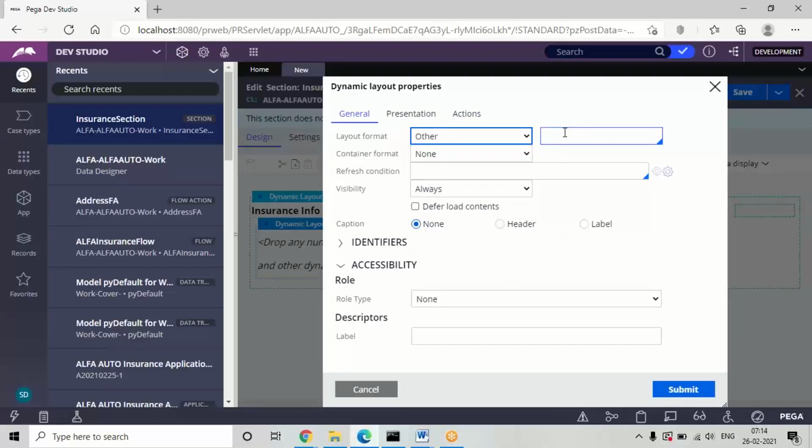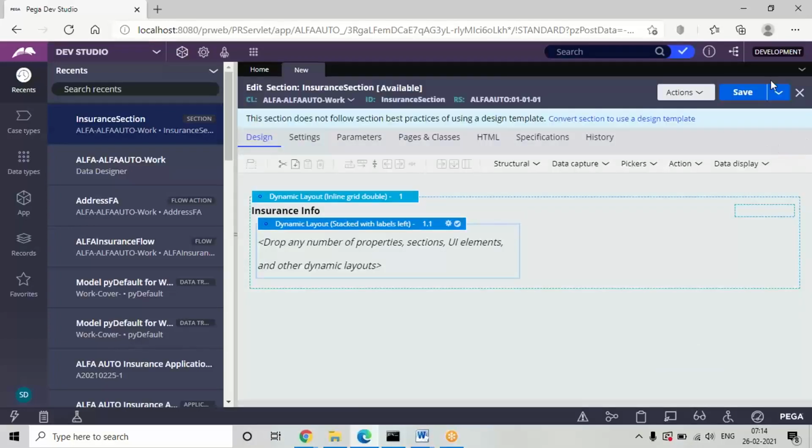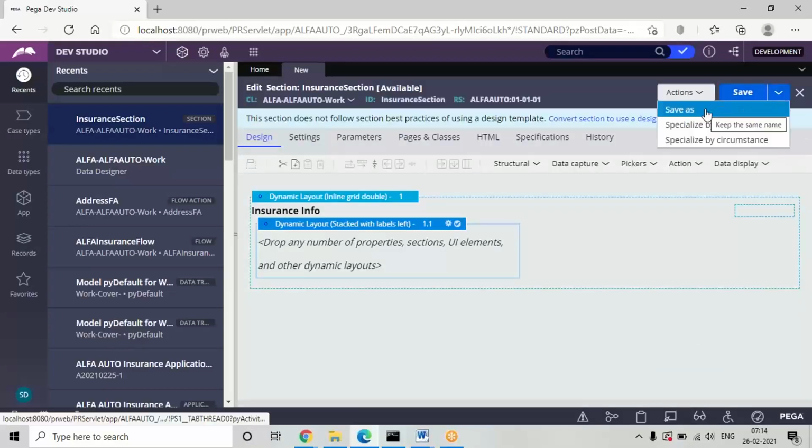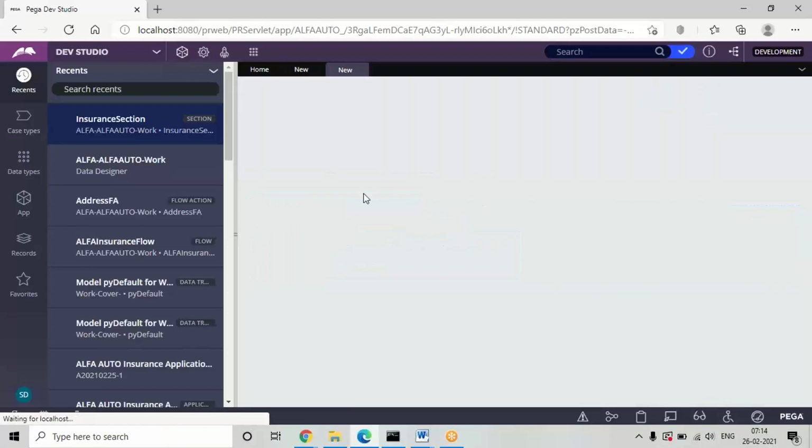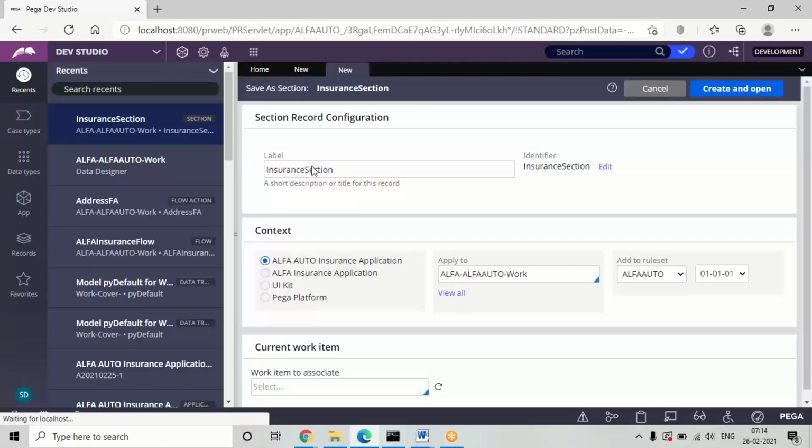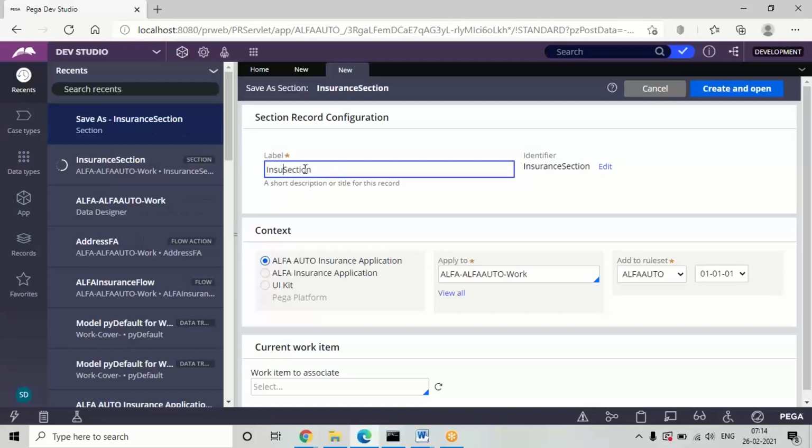Here I'm going to choose the regular format. Before mapping properties, I'm going to use the save as option, because for the next designs the template will be common, right? So use the save as option.